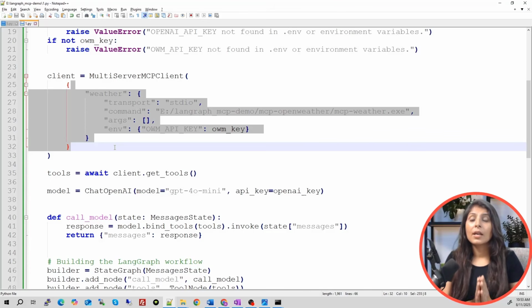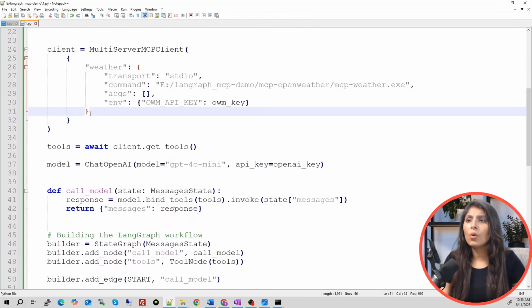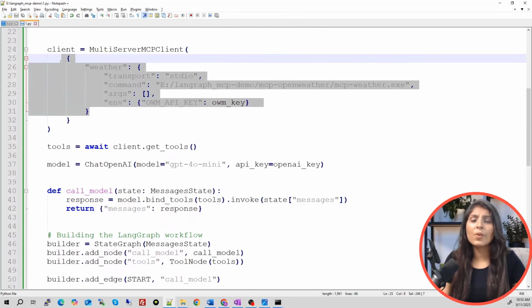Okay. And guys, this way you can work with multiple MCP servers. Right now we are working with a single MCP server, right? Now let's see how to work with multiple MCP servers, right? Our code will remain same. We will not change anything. I will only write a code over here which will connect us to another MCP server, because that is the benefit of using MCP server and MCP client, so that you don't have to write much code. You only need to write the code related to the connection between the client and the server.